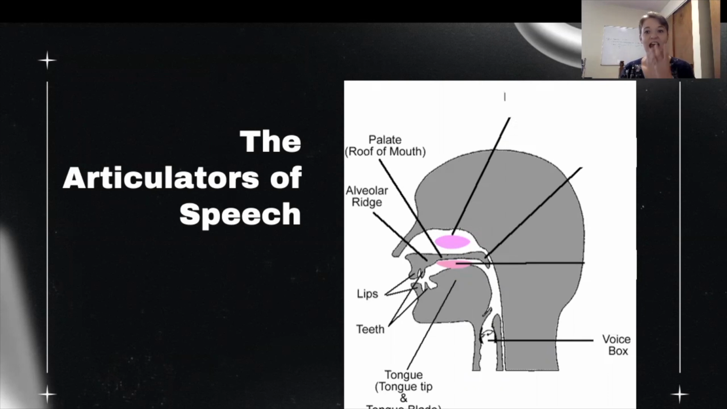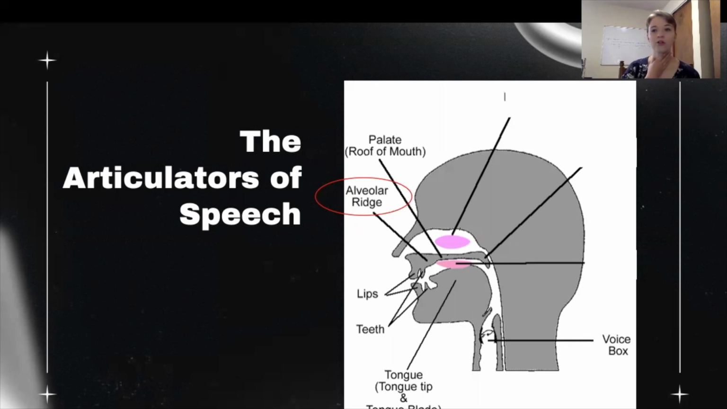And these are just how we use our mouths to make the sounds of English. The first one is the palate, or the roof of the mouth. There's the hard and soft palate. Hard's at the front, soft palate's towards the back. Then we have the alveolar ridge. If you feel the little bump behind your front teeth, that is the alveolar ridge, and we use that to make sounds. And of course, we use our lips, our teeth, the tongue,